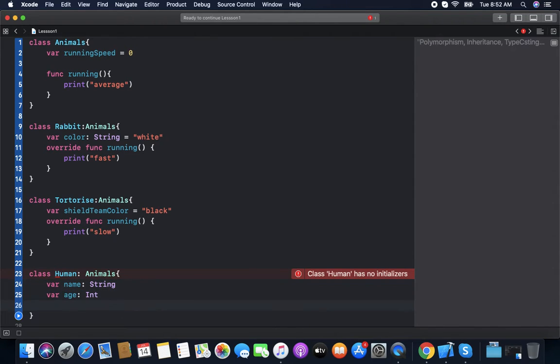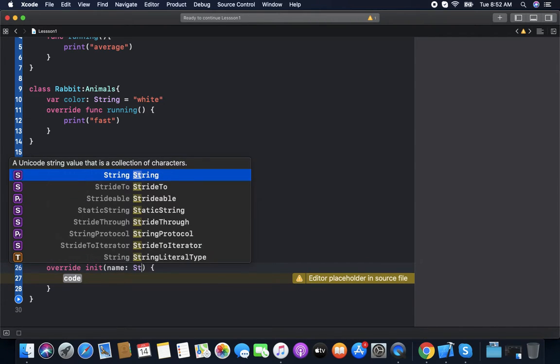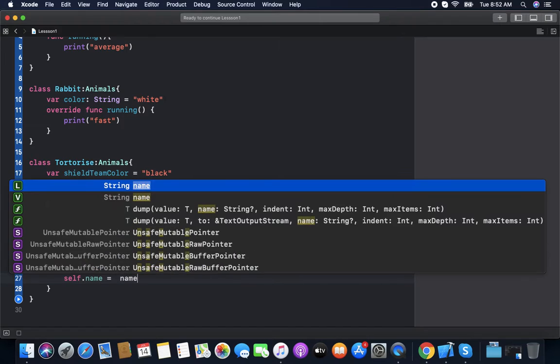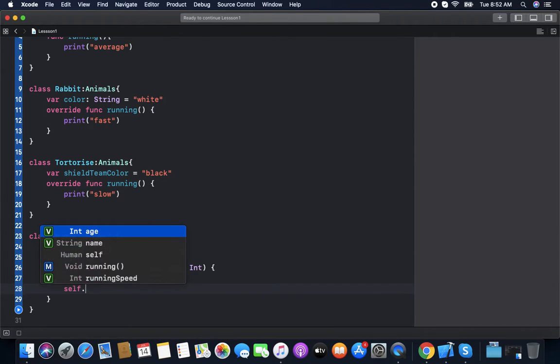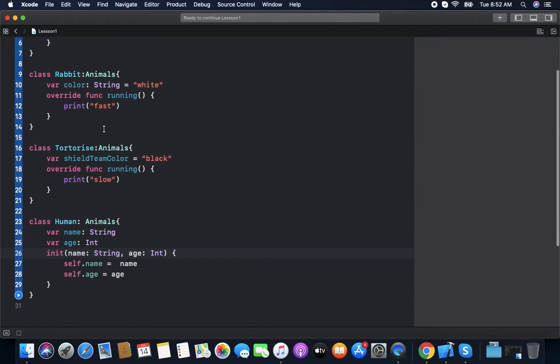We could just create an initializer here: their name and their age. Now we have these properties and these classes.